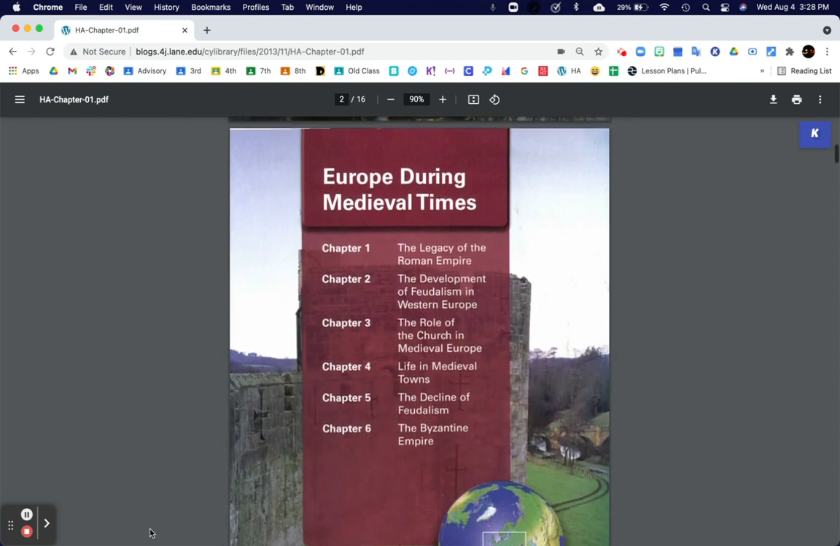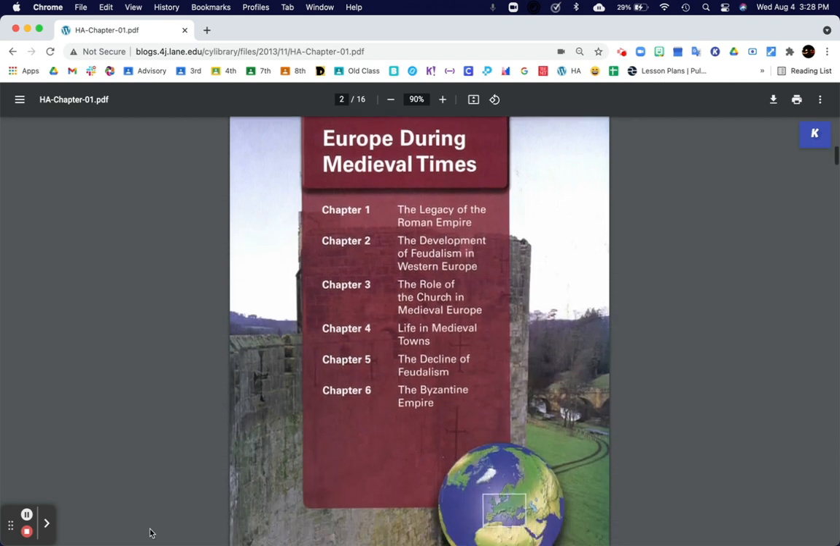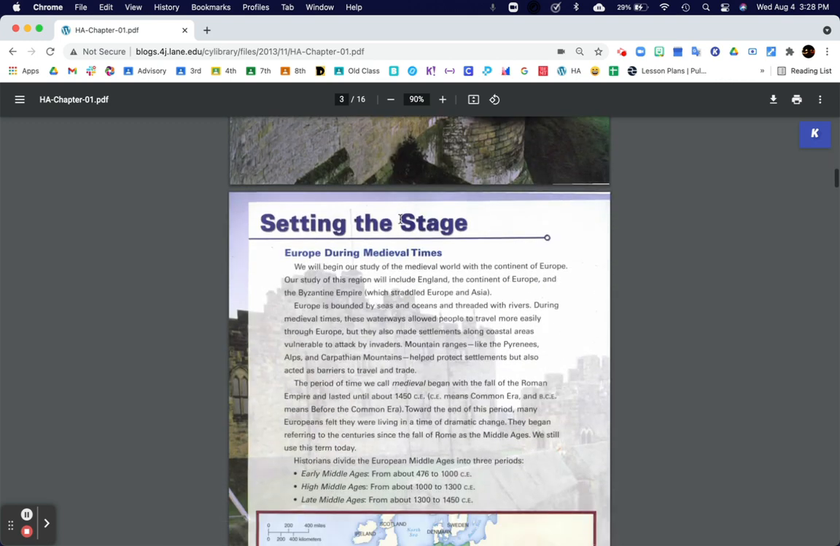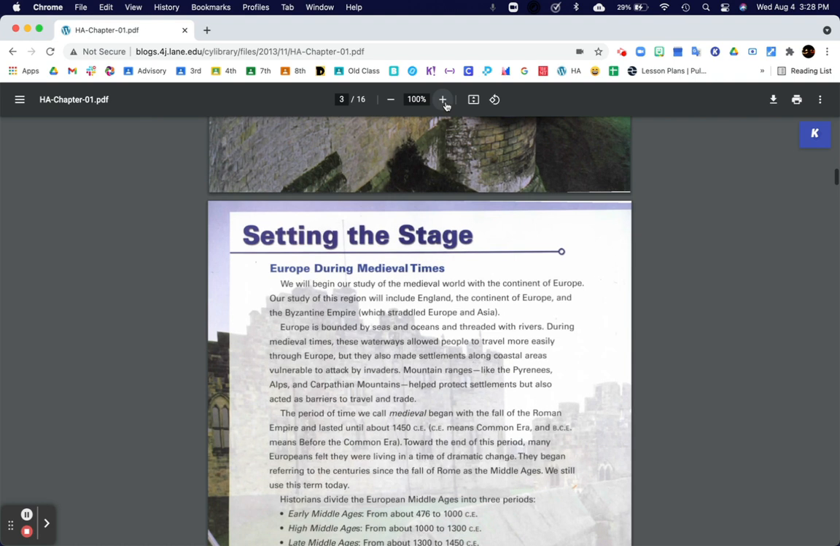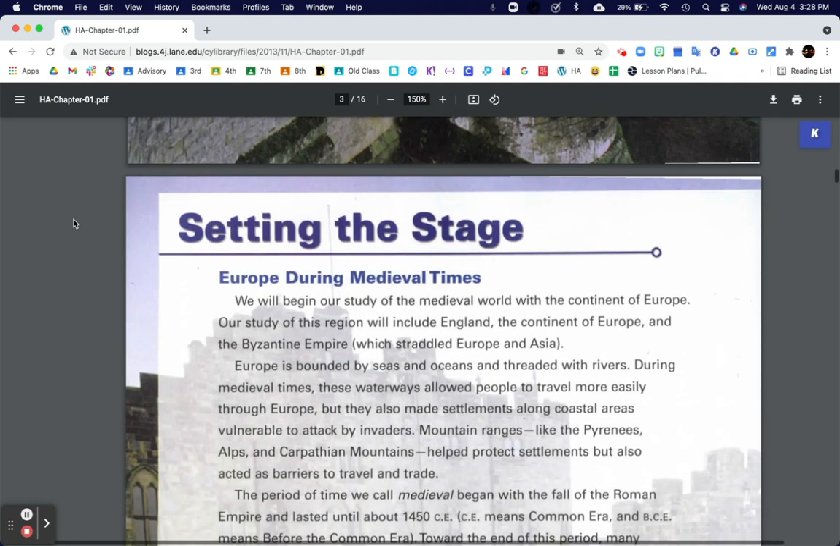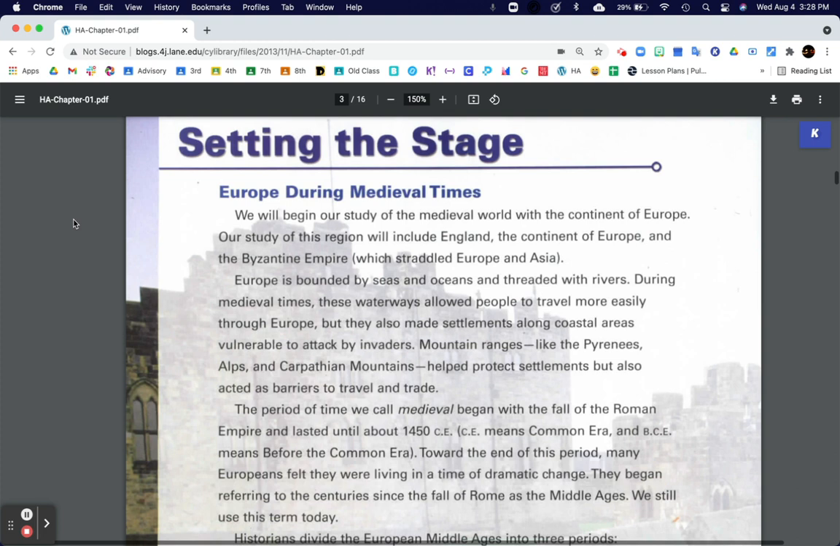Europe during medieval times, chapters 1, 2, 3, 4, 5, and 6. Setting the stage. Now I'm going to zoom in on this because I want you to be able to read it as well as I. Europe during medieval times. We will begin our study of the medieval world with the continent of Europe. Our study of this region will include England, the continent of Europe, and the Byzantine Empire, which straddled Europe and